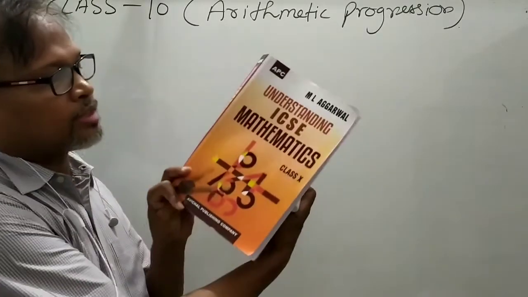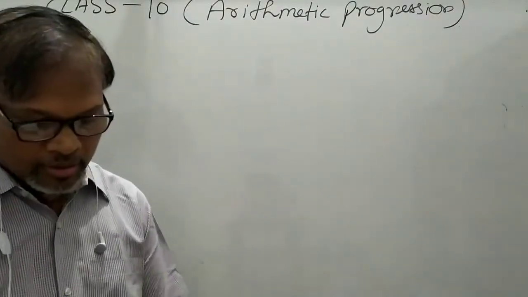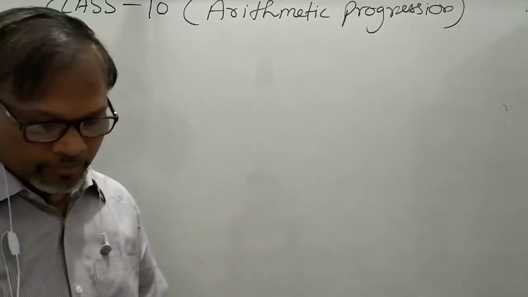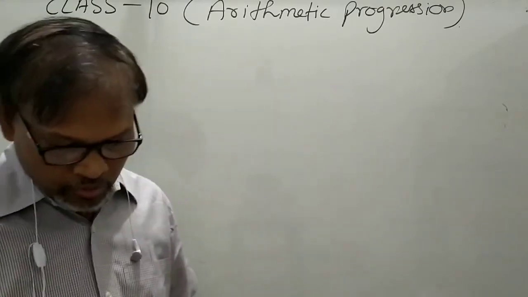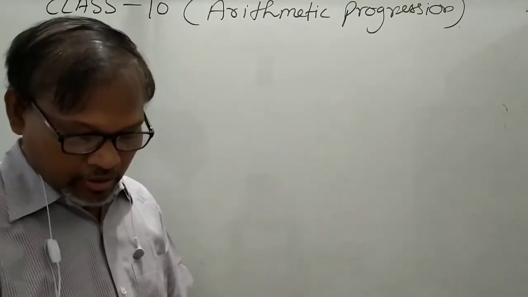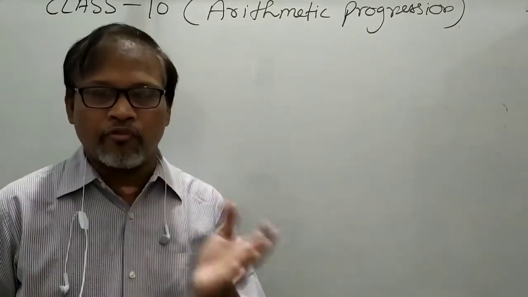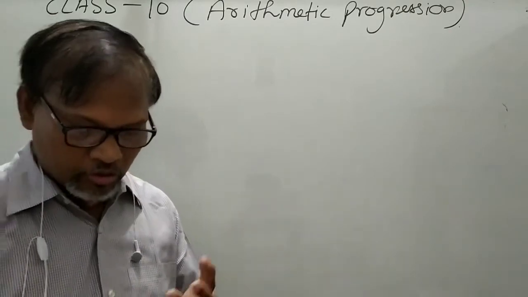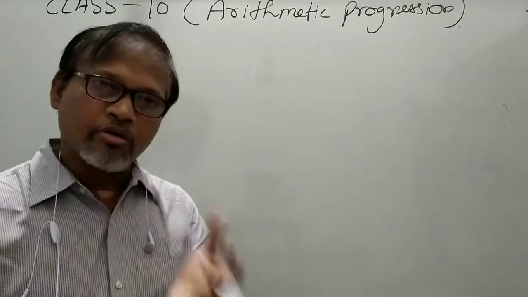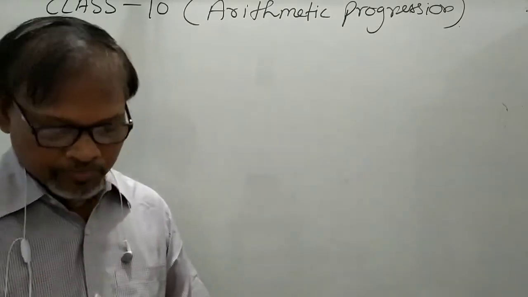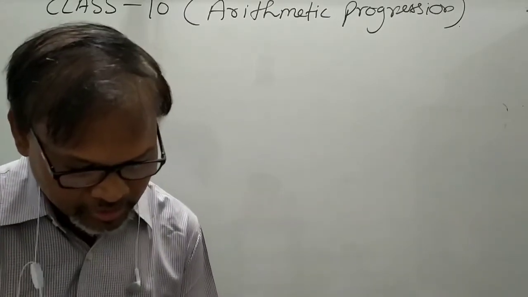That book is Understanding ICSE Mathematics by ML Agrawal, class 10, exercise 9.3. If you see this exercise, you will get the solutions because it is a very easy exercise. Only 3 or 4 formulae you have to use here, and the concept is as usual the arithmetic progression: first term, common difference and number of terms. So how to find the answers to the questions? In question number 10 there is